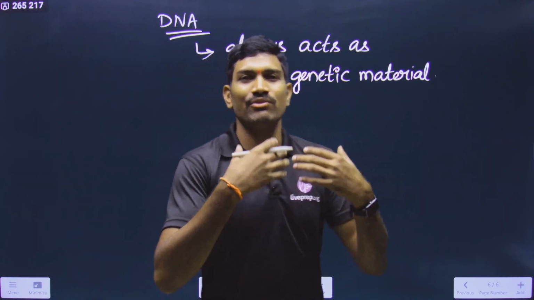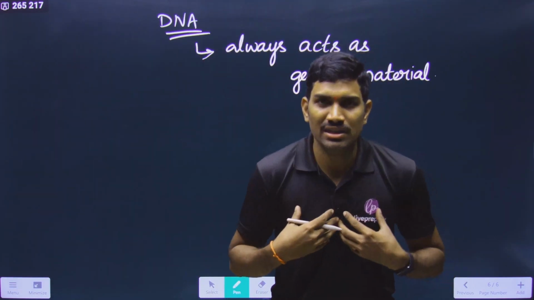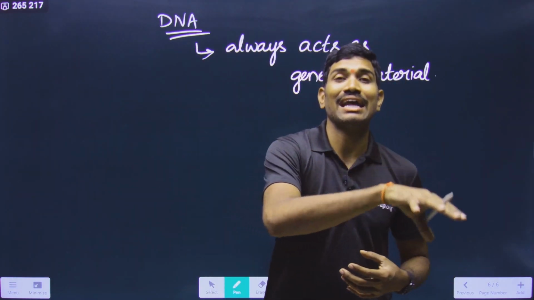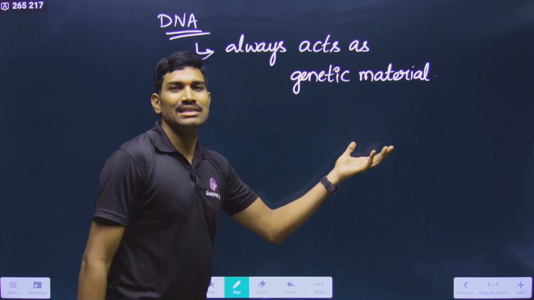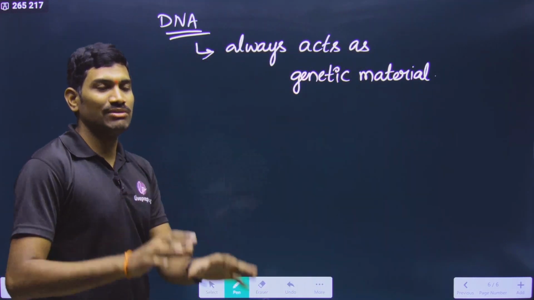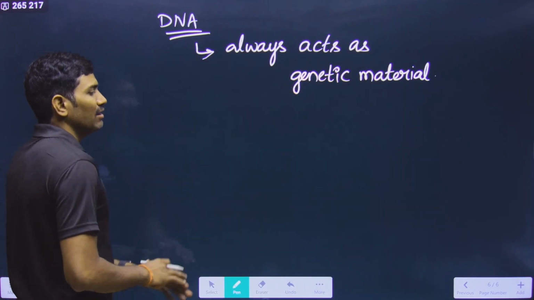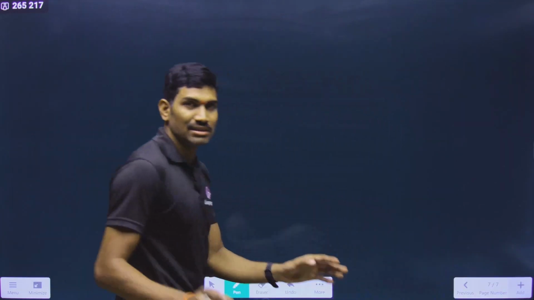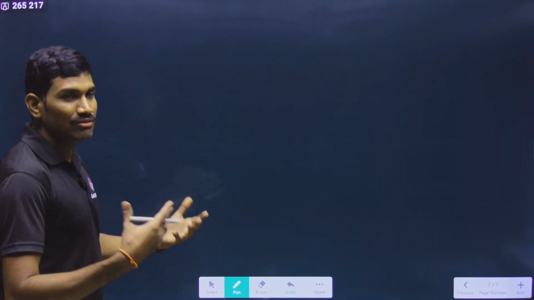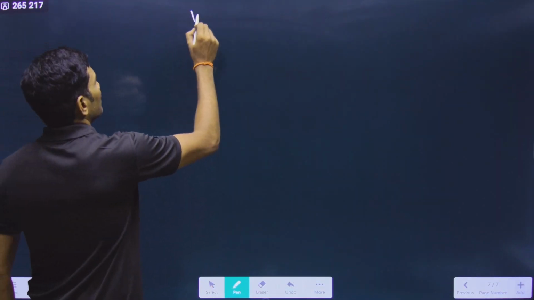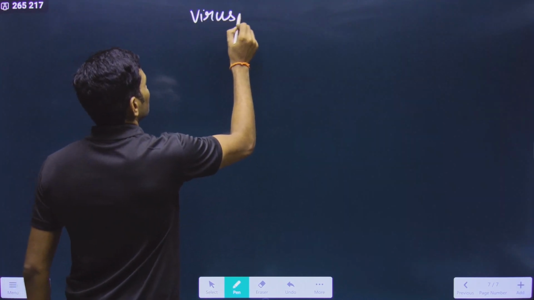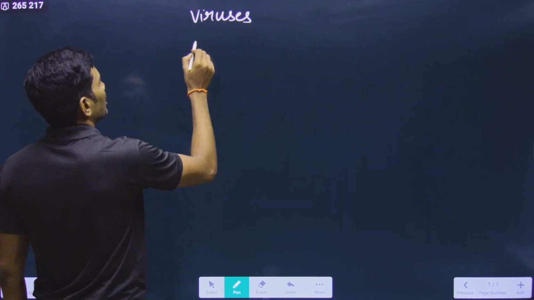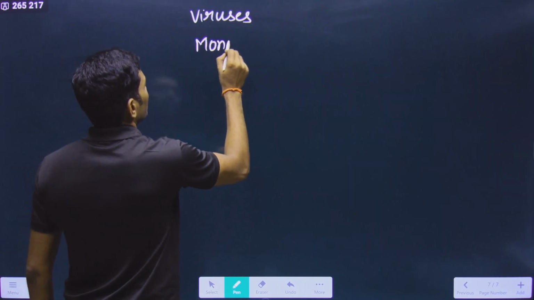It has some information inside, and with the help of this information, it will control various characters. That's why it is called genetic material. And in which organisms will it act as genetic material? Let us see. We will see some list, and then I will tell you. You know about some viruses, and you know about kingdom Monera, kingdom